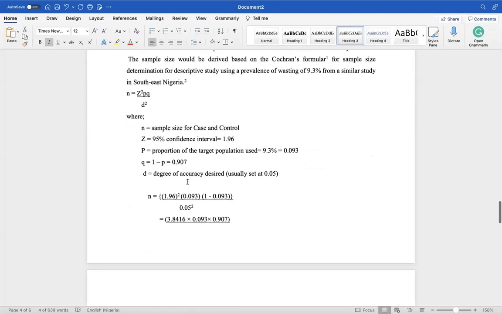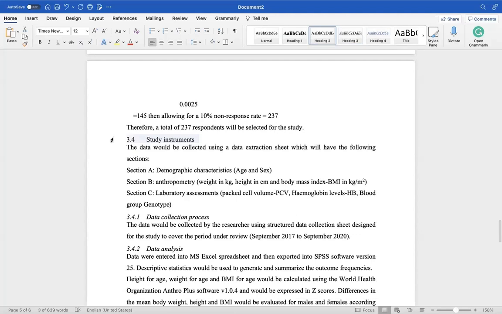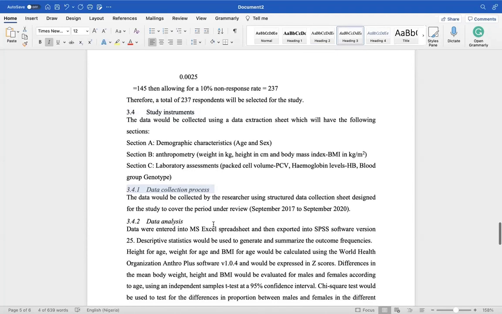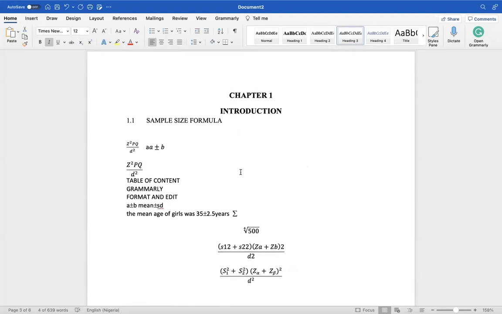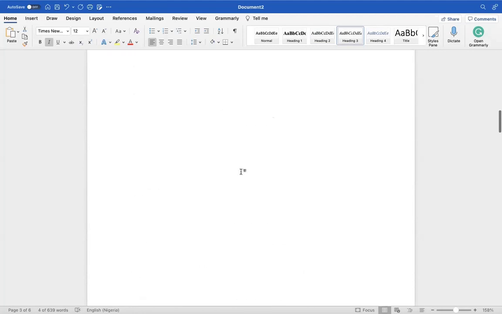That is a subheading. And you have study instruments 3.4 is a subheading. And as many subheadings and sub-subheadings. And sometimes I see people even having up to 3.4.1.2. That's a sub-subheading. So that will be under heading 4. Now, when you're done putting all your headings, as you are typing, you are indicating a major heading, a subheading, a sub-subheading, a sub-sub-subheading, depending on your numbering system or how you're formatting your work. Now you go to the page where you want your table of contents to be and click on it